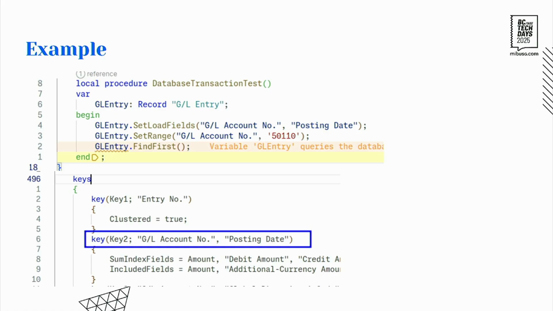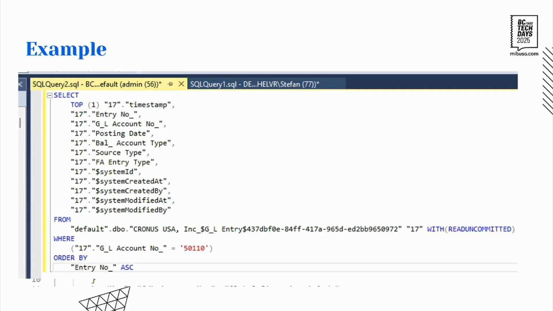Now the key we want to use for this, or we envision that SQL Server would be using, is key number 2, GL account number, posting date, right? Pretty simple. We don't even need the included fields we have here because the key fields itself would already be covering. Now if we look at the query that results from that piece of AL code, from the find first,